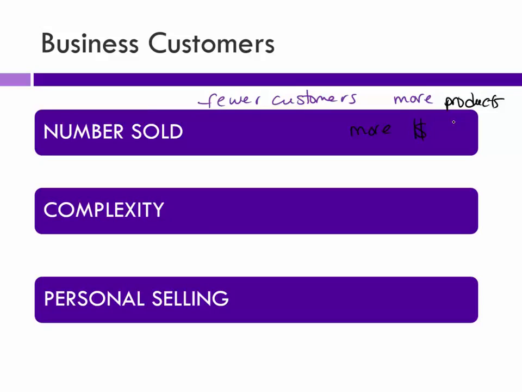As we see as we go through this process, making a sale in a business-to-business market is going to be much more complex. It'll take longer. It'll be more involved. It'll have more people involved with it. So it's more complicated, more lengthy. And the other one is more personal selling. They rely less on advertising and that type of thing, and more on personal selling and the relationships, and the personal contact is very important in the business-to-business markets.